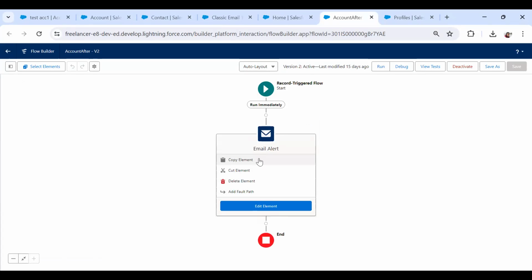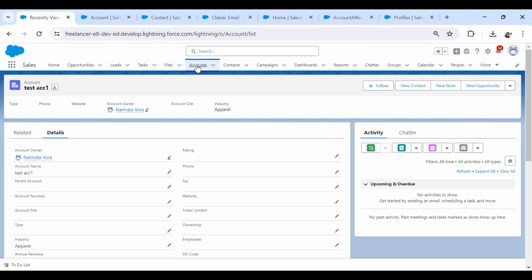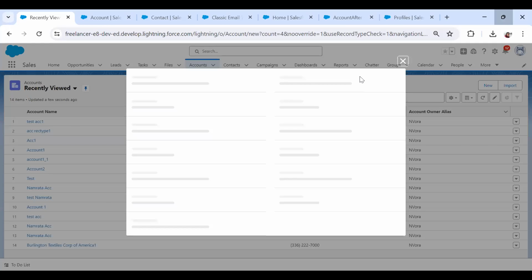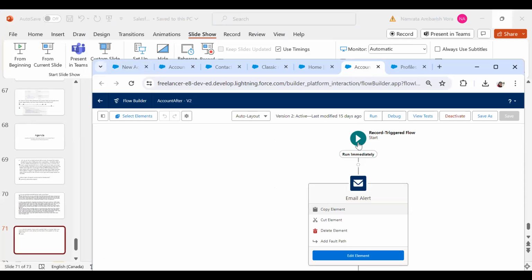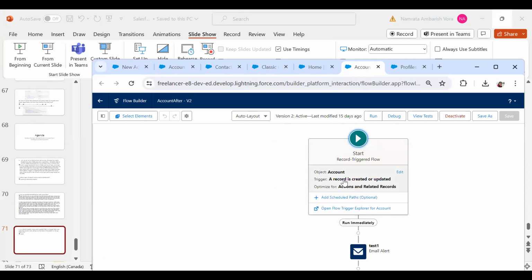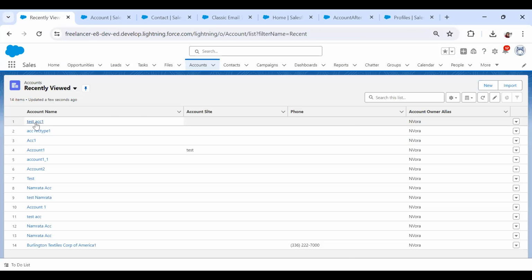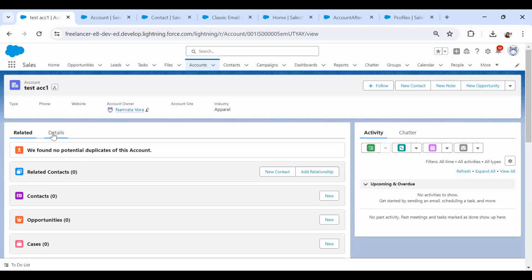Here you see, all I've done is create an email alert using that email template. And by the way, the triggering event there is whenever an account record is created or updated. So let's say I'm going on this account